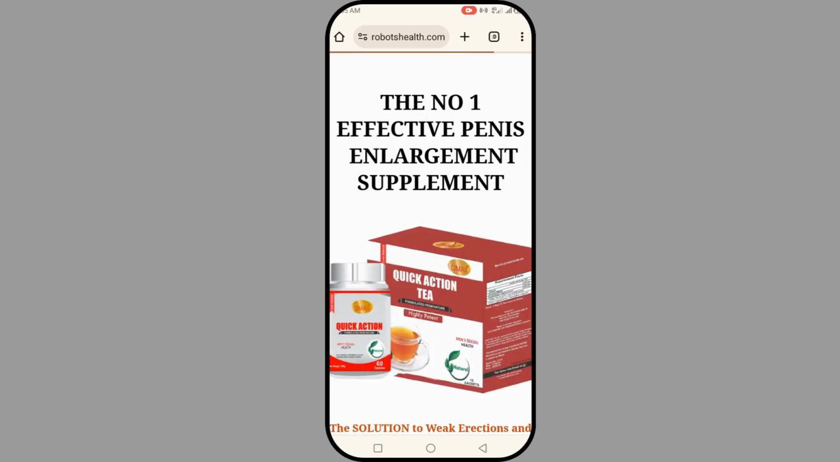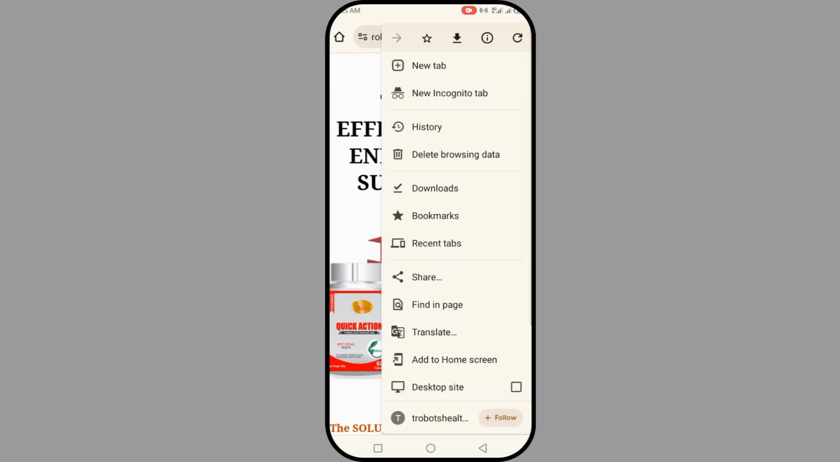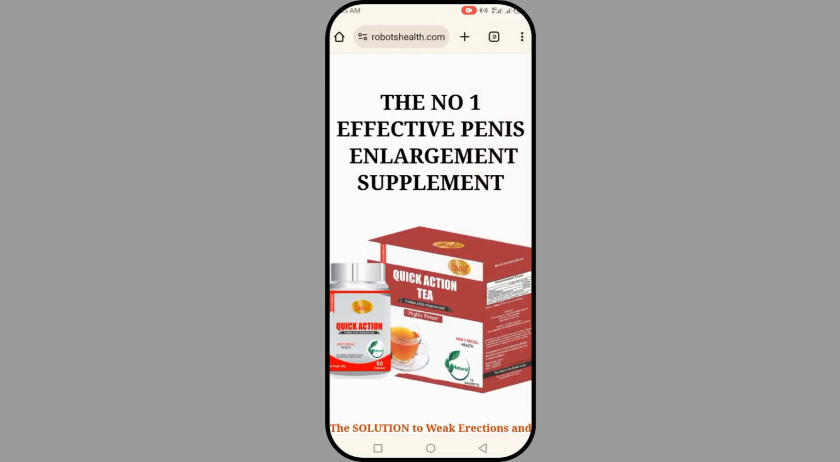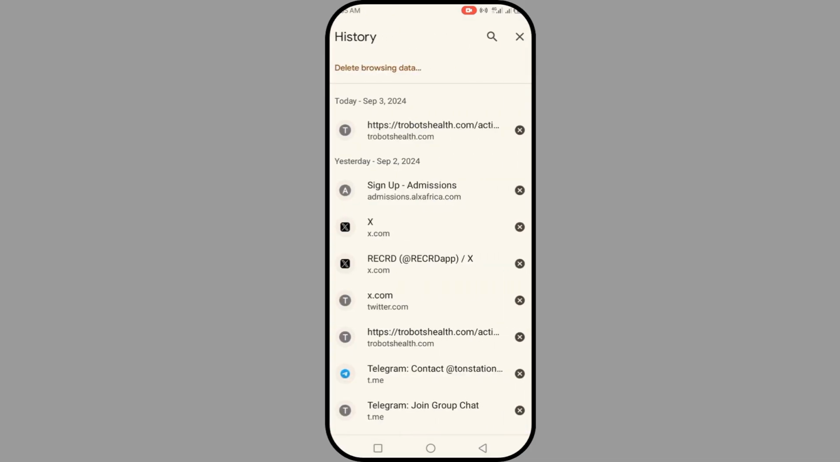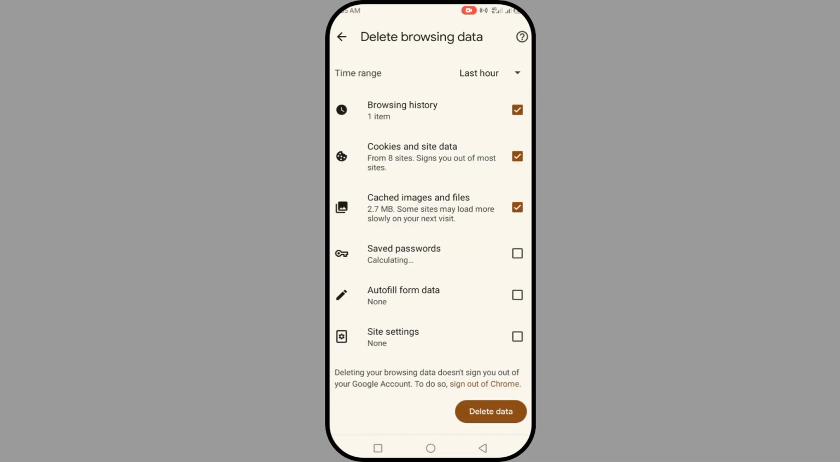And this is it. What you have to do is this three line button, click on it, this three dots, and click on history. And what you're going to do is delete browsing history. Click on delete browsing history, and if you want to delete the time range, you want to click everything, just